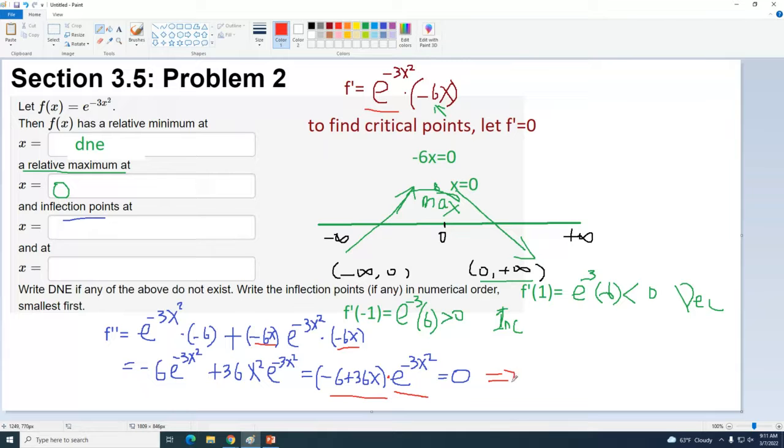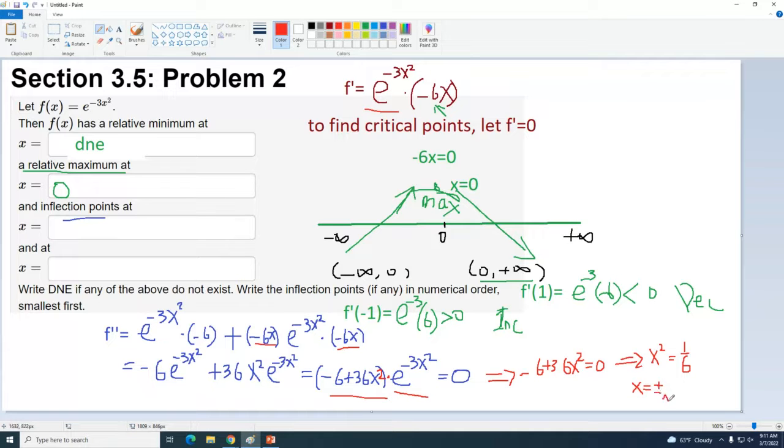So then we have negative 6 plus 36x squared equal to 0. Then you can solve for x squared. You move the 6 over, right? Plus 6 to both sides, so x squared equals 1 over 6. So x equals